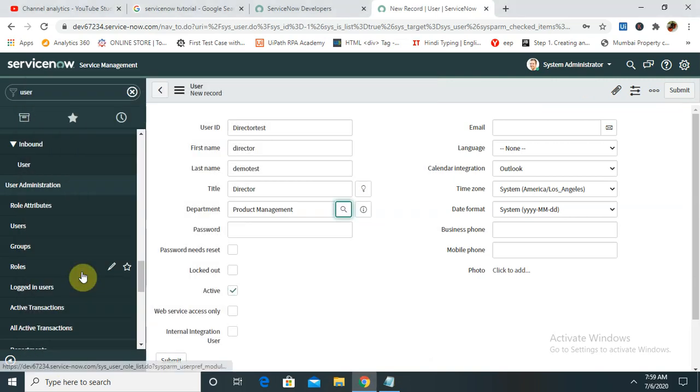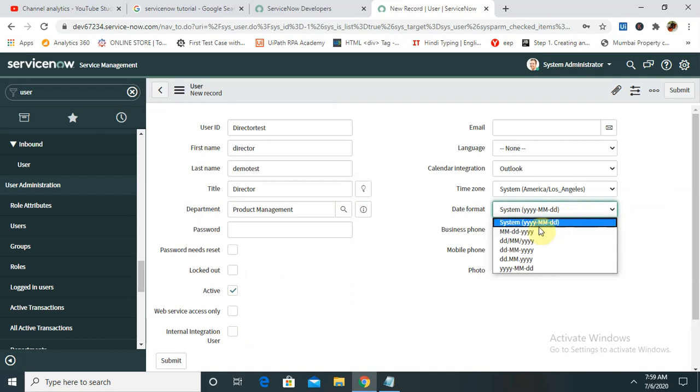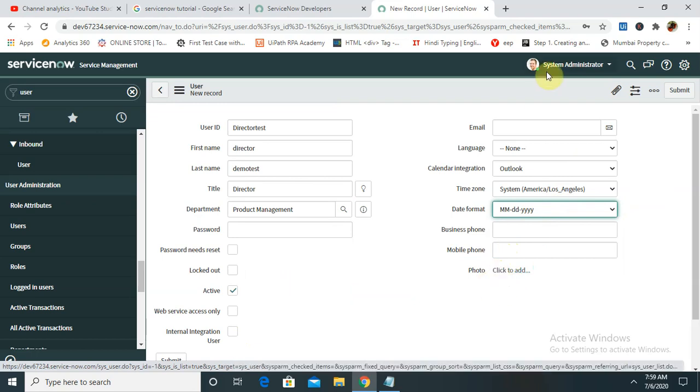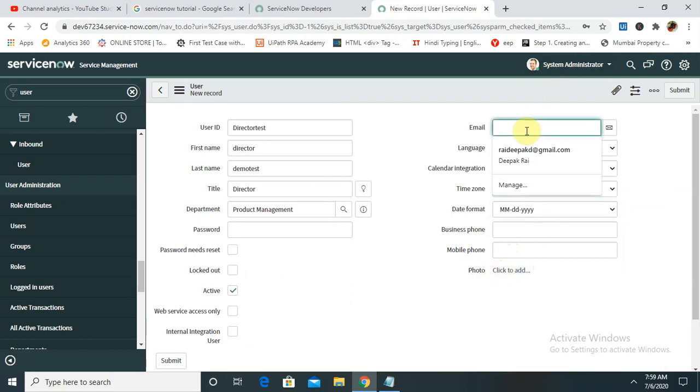So let's click on product management, active. That's it. Let's change the date format, and if you want to add anything, you can. If you want to add a phone number, that is also possible.